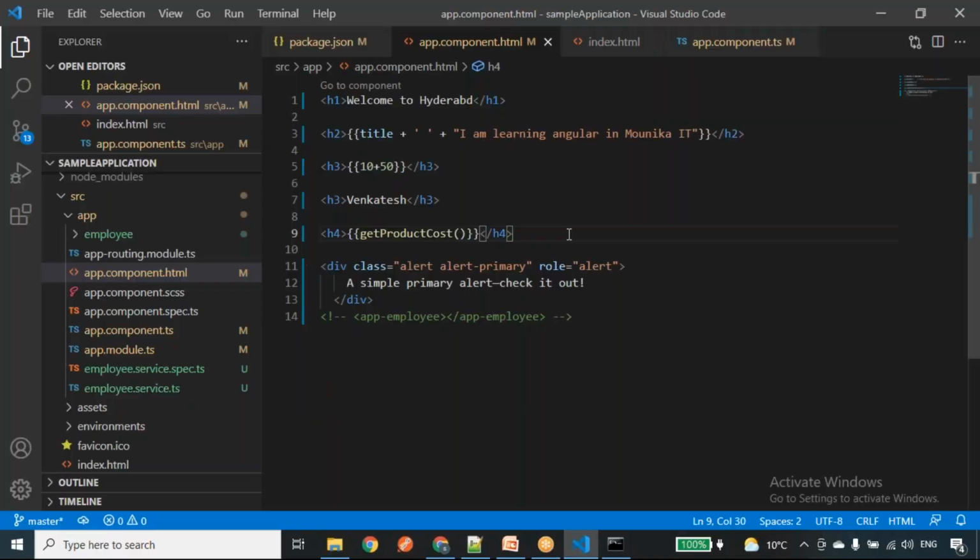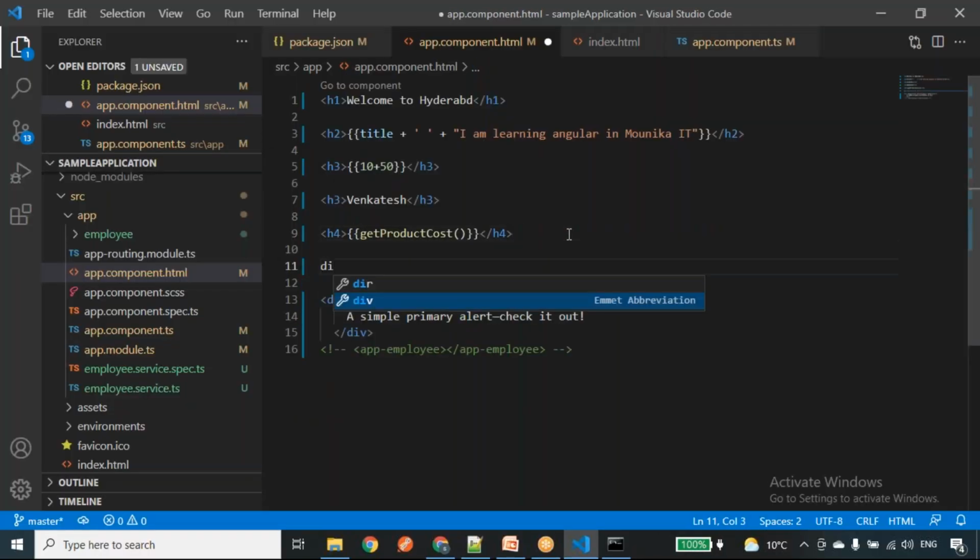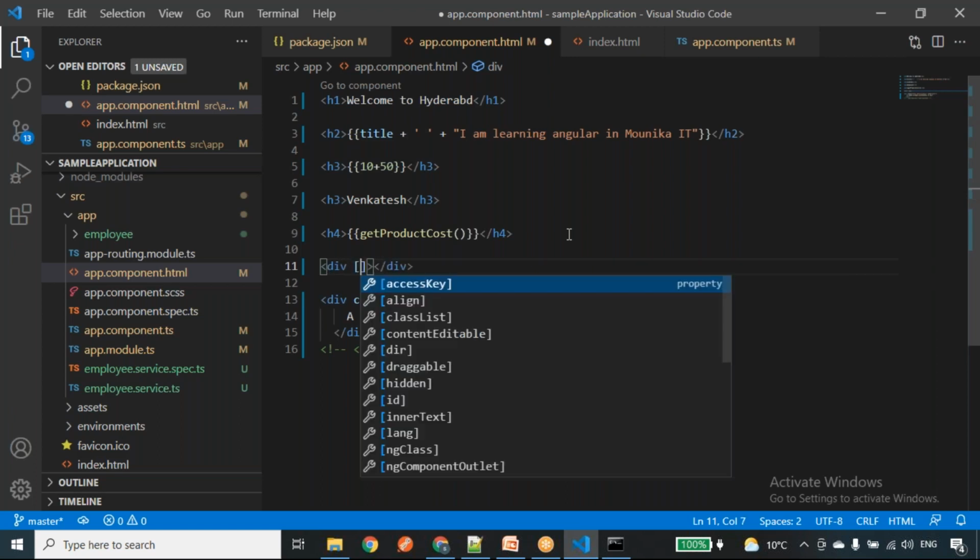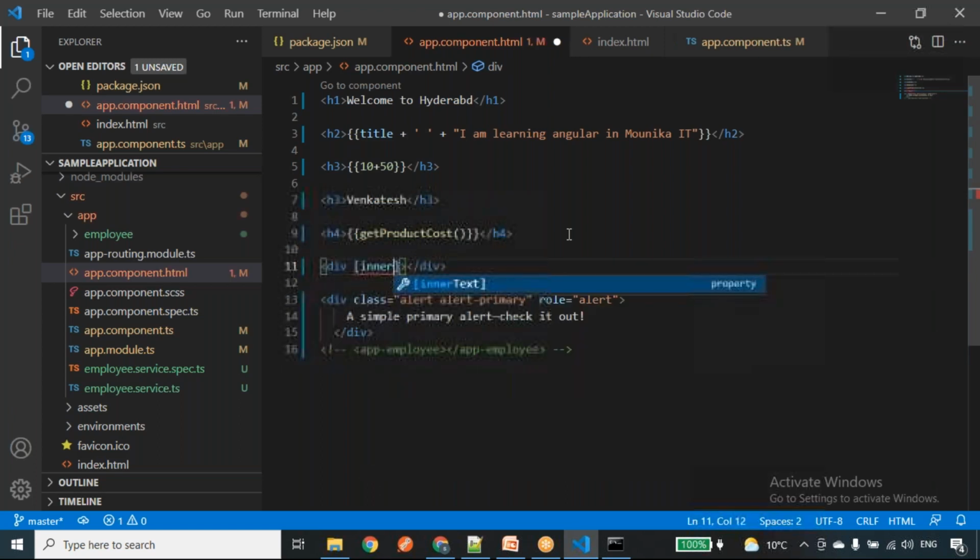For example, I have one div element. I want to add some text dynamically to this div element. So for that, I'll take one property like inner text. I am going to define the property from the component class, and I'll give that property here.